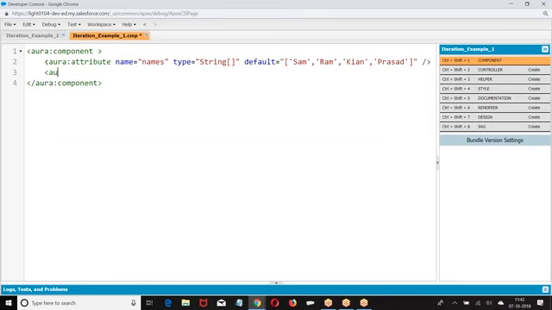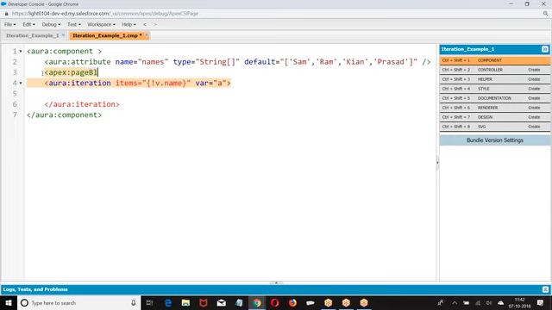This is how you are taking aura:iteration, items equal to list of elements, var equal to. I'll give a basic example to understand, a comparison.